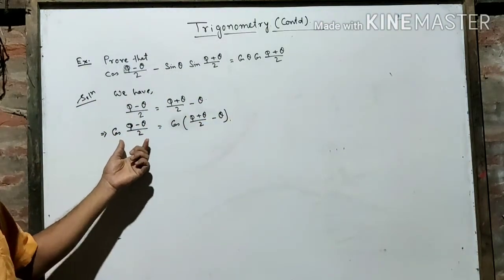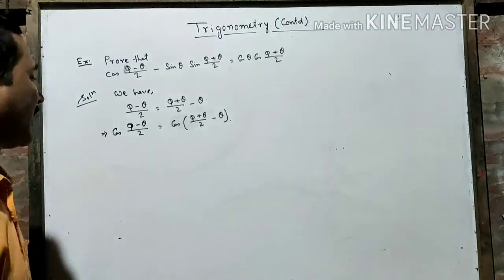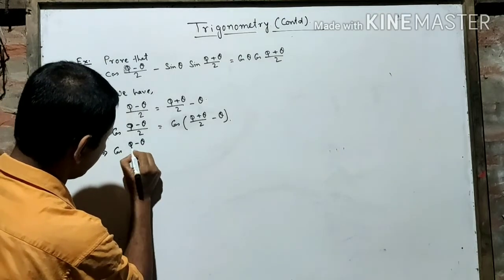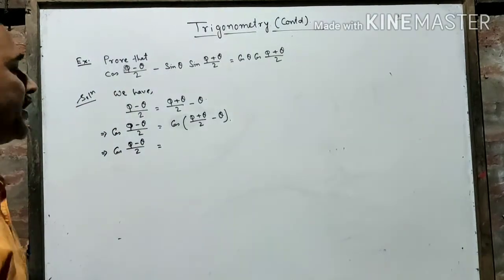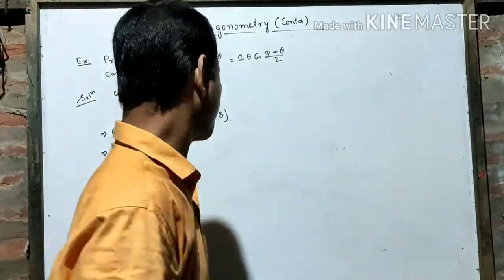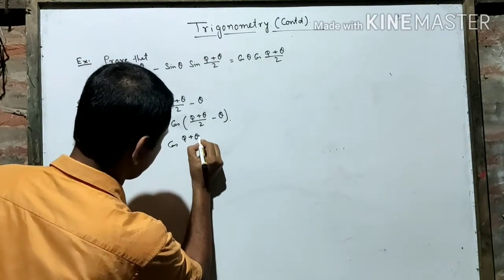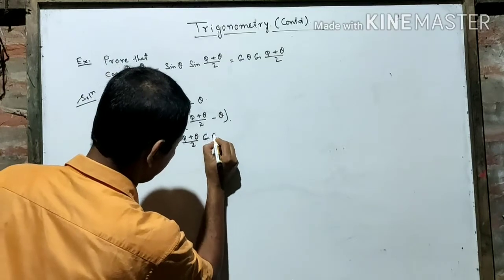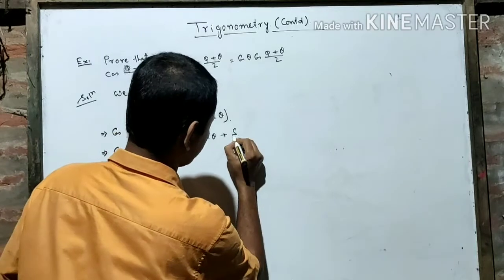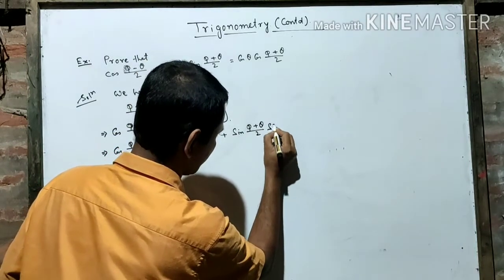Alright. Now here we have nothing to do, but here we can expand the formula cos of a minus b. What is cos of a minus b? Cos of a minus b is cos a cos b plus sin a sin b. So you expand it here: cos of phi plus theta by 2 cos theta, cos a cos b, minus means here will be plus sin of phi plus theta by 2 into sin theta.